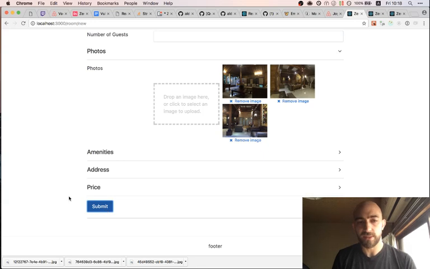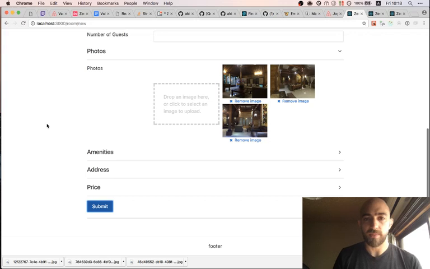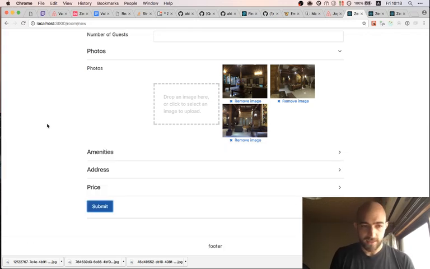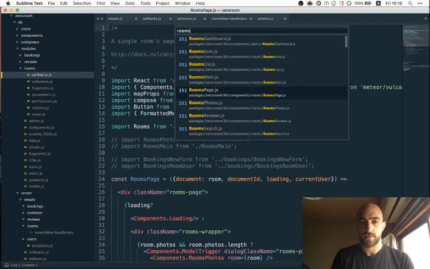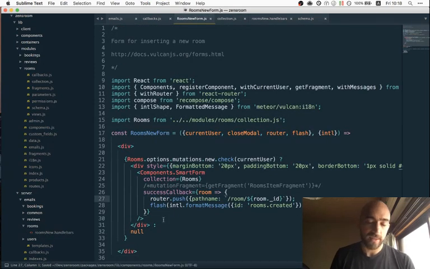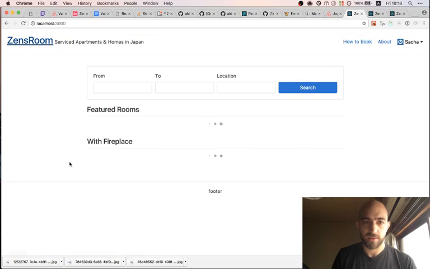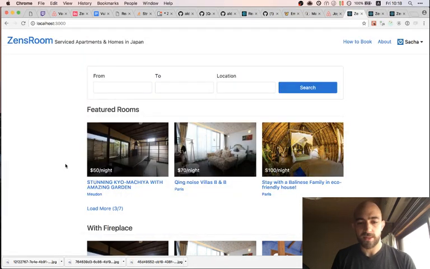But once everything is okay, so it erased everything because yes, the redirect is not working. So let's fix that. We do not want to close the modal because it's not inside the modal. But don't worry, I'm pretty sure that our room was created properly. I mean, I say that, but